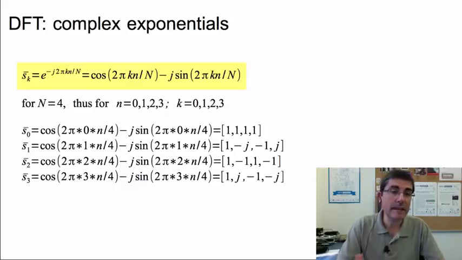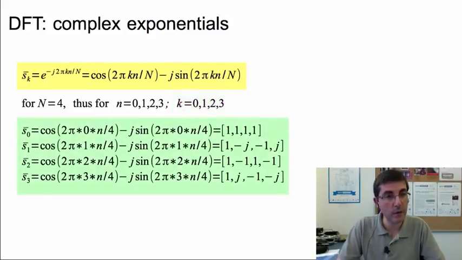If we have a DFT of size n equal 4, we will have n samples in the input signal and therefore in the sine waves, and we will have 4 frequencies. That's going to be also the output of the DFT. Therefore, we will have 4 sine waves of length 4,